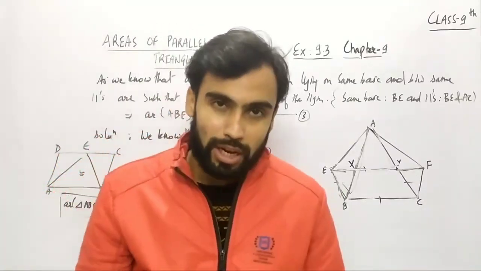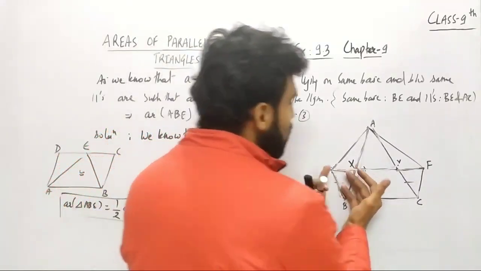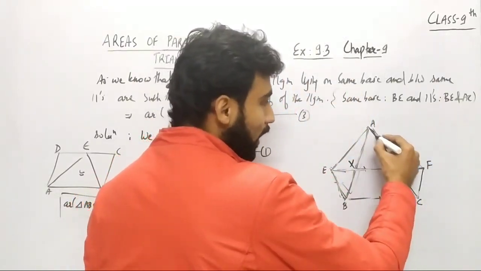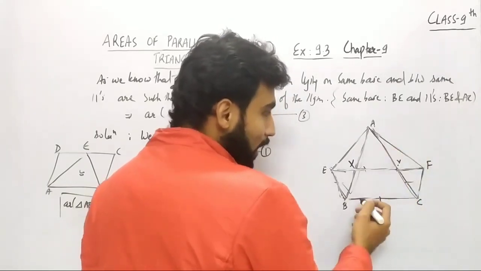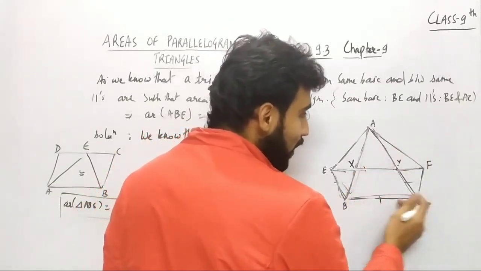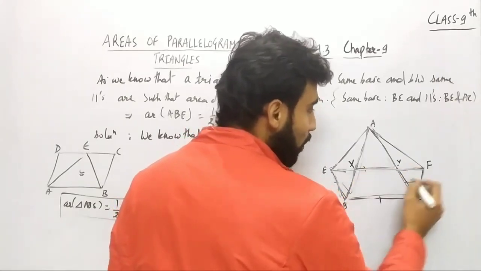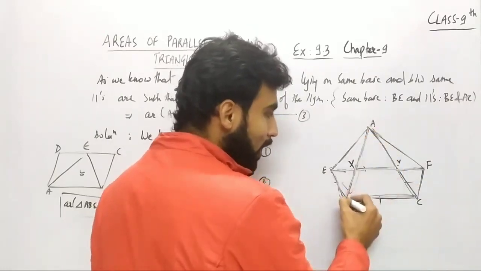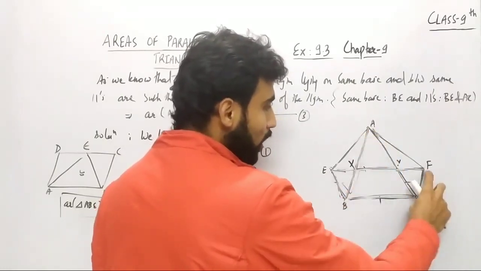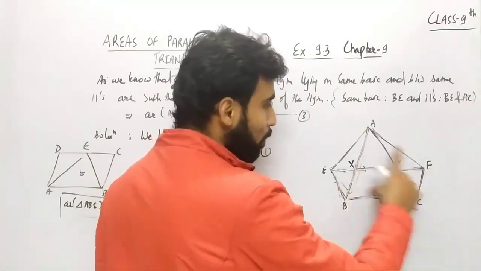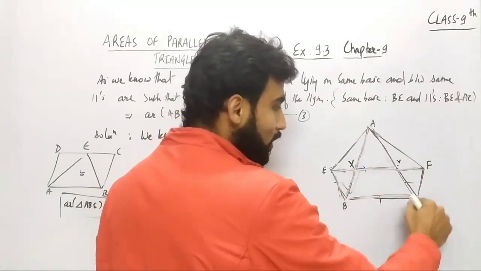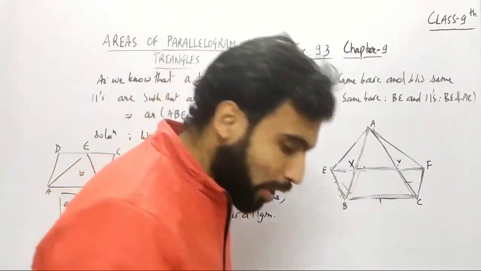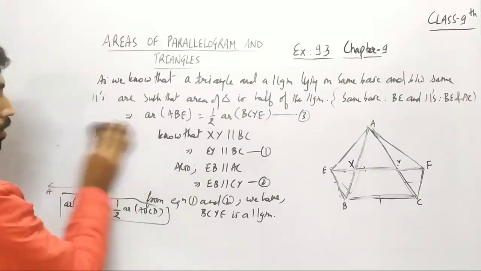So अब यहाँ पे इससे आगे बढ़ते हैं. Now similar kind of condition is occurring at the right hand side of this figure. अगर आप ध्यान से देखें यहाँ पे भी एक triangle है ACF, and again यहाँ पे हमें पता है कि अगर XY parallel है BC के, so we can say that XF will be parallel to BC. Also it is given that CF is parallel to AB. So अगर CF, AB के parallel है, so CF जो है वो BX के भी parallel होगी, because ये पूरी parallel है तो आधी भी इसके parallel होगी. Then we can say that BCFX is also a parallelogram. So this is what we are going to prove here. So for that, let me just make some space.